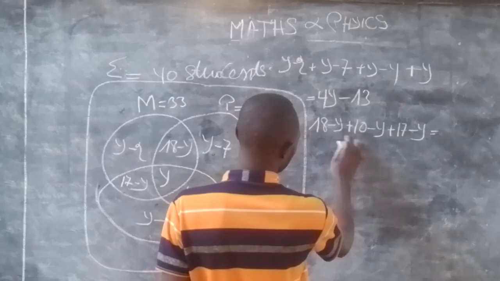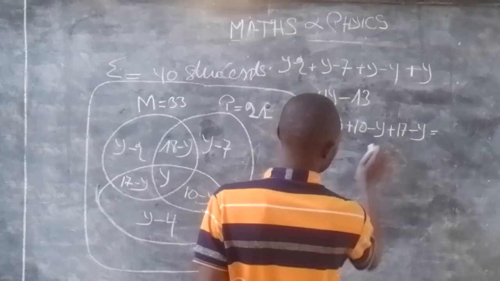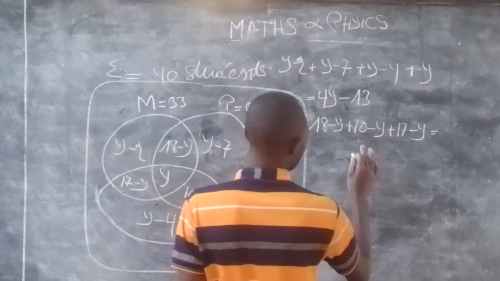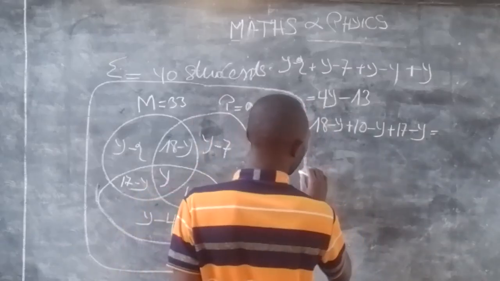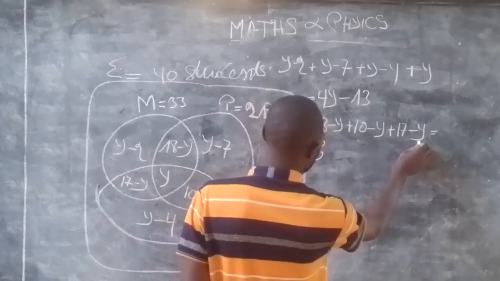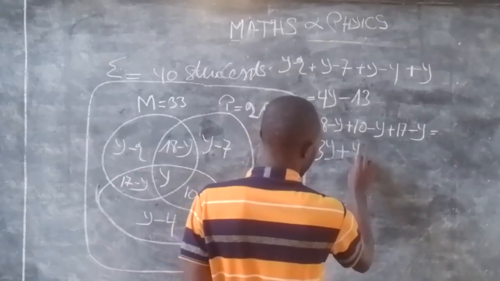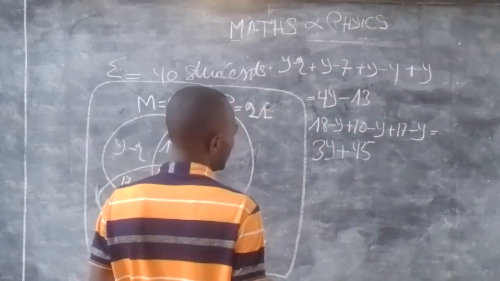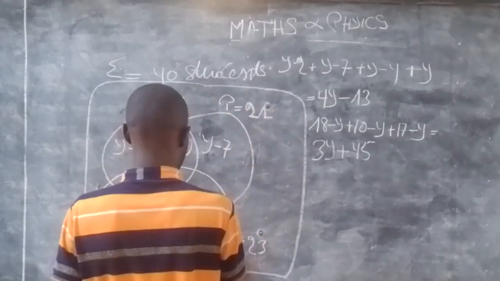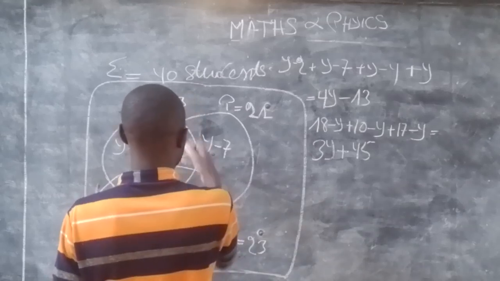So here we have 28 plus 17 equal to 45. Here we have 3, 1, 2, 3, 3y positive 45. So let's combine in order to get the whole, our universal set,